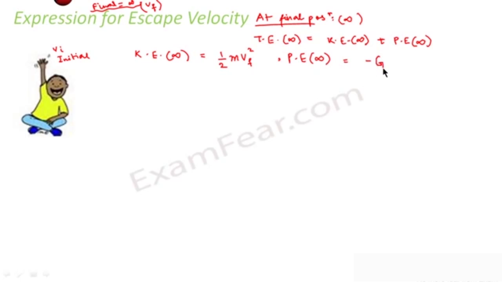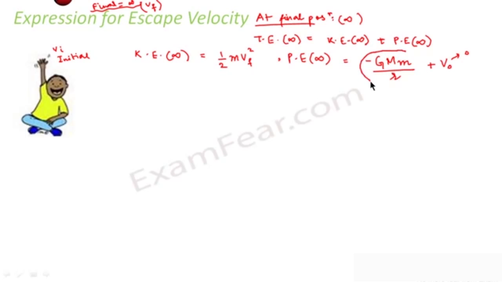As I told you, the expression for potential energy is minus G m1 m2 by r. What is this m1? This is nothing but the mass of the earth. And what is this m2? m2 is the mass of the ball, I mean, this small m is the mass of the ball. So this plus V0. This is how we defined potential energy. Now this V0 is nothing but the zero of potential energy, which we are assuming is zero at the surface. So this term is always zero.